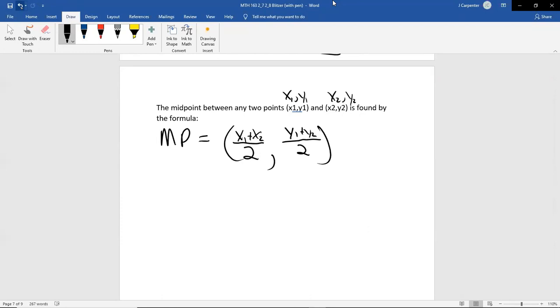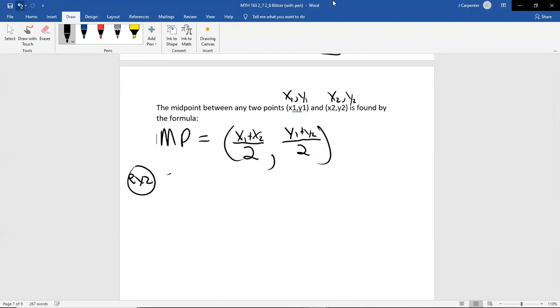Again, I've never seen any reason to really say memorize that as a formula. I prefer logic and understanding and reasoning, and understanding that midpoint means average the x values, average the y values, because the average would be the halfway of 2 points. Now, this only works for 2 points. 3, 4, 5, 6, 7 points, that's a whole different concept. We're not doing that though.